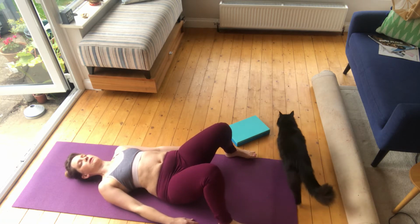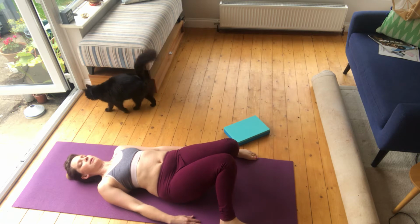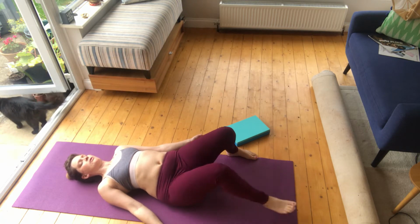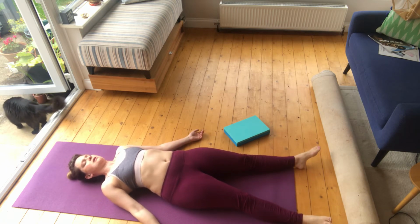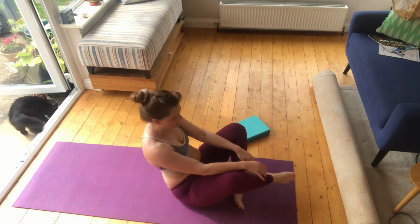It's called Constructive Rest. Take your feet to the width of the mat and let your knees flop against one another and your arms out to the side. Alternatively, take your legs out if your back isn't hurting and just let the whole body start to relax. So find one of those 3 positions for me. I'm going to come up to seated